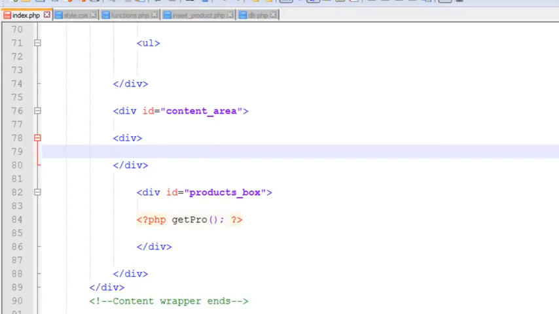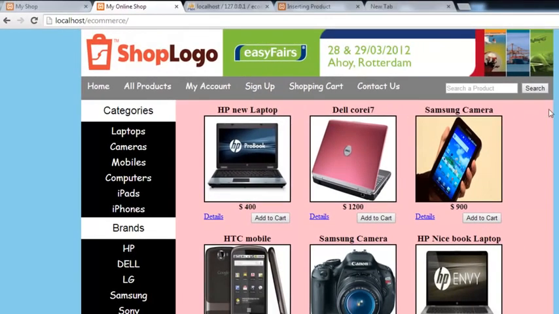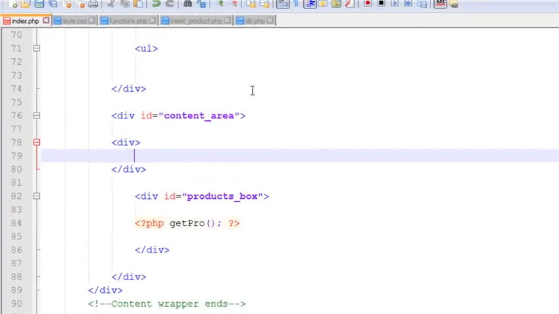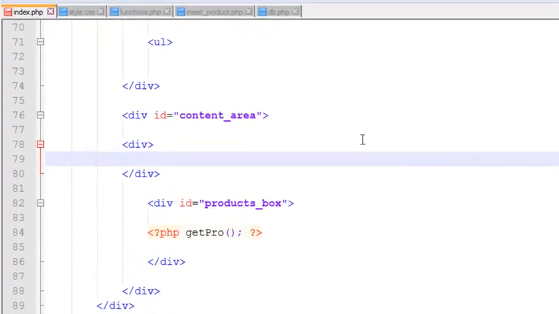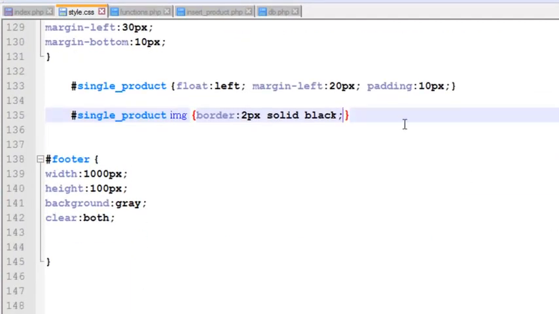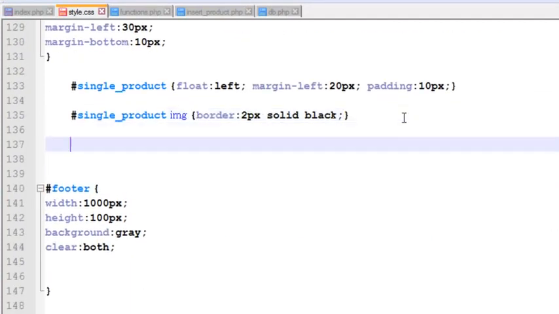I was saying in a previous video that we can insert something here, I mean a shopping cart bar to see the shopping data from the user if they have added something. So very simply we will go to this style.css file, and we will create another ID called shopping underscore cart,